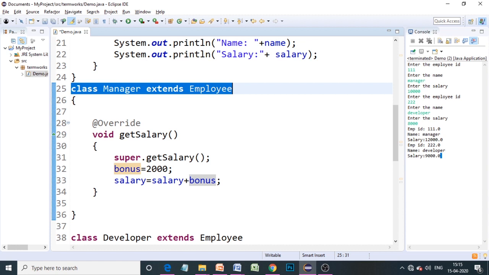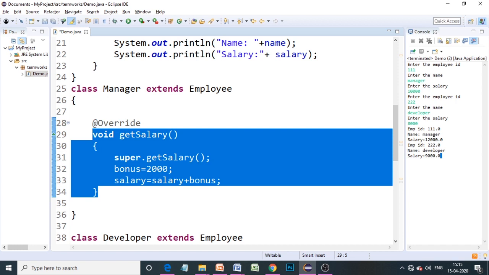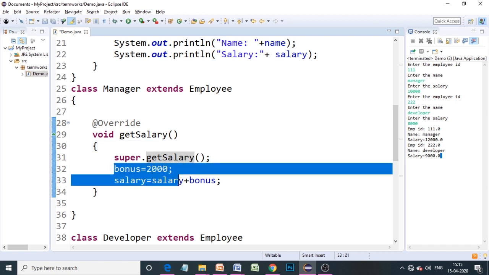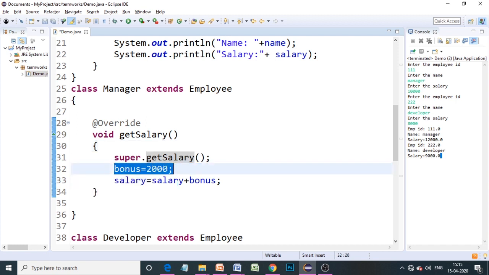And then in the get salary method, we are calling the get salary method of the superclass, which is going to get the salary, but as per the requirement of the manager class, the bonus amount has to be 2000 if he is a manager. So this is the specific requirement of the manager, so we are writing this in the get salary method of the manager class.